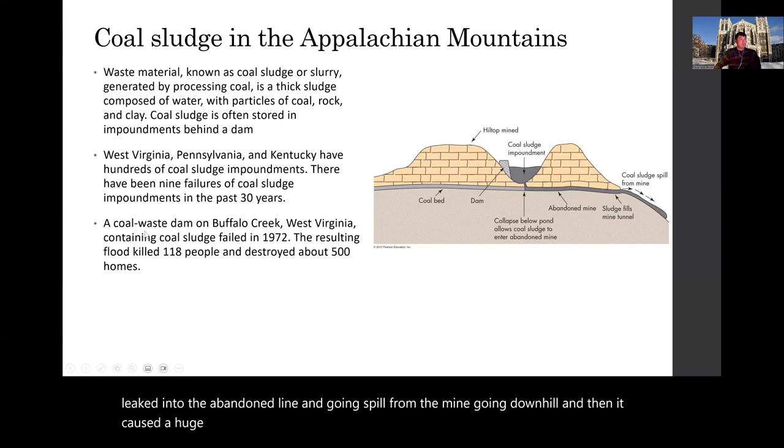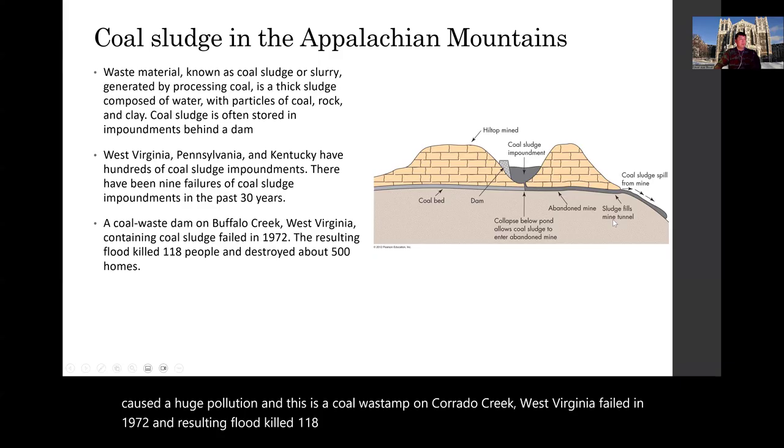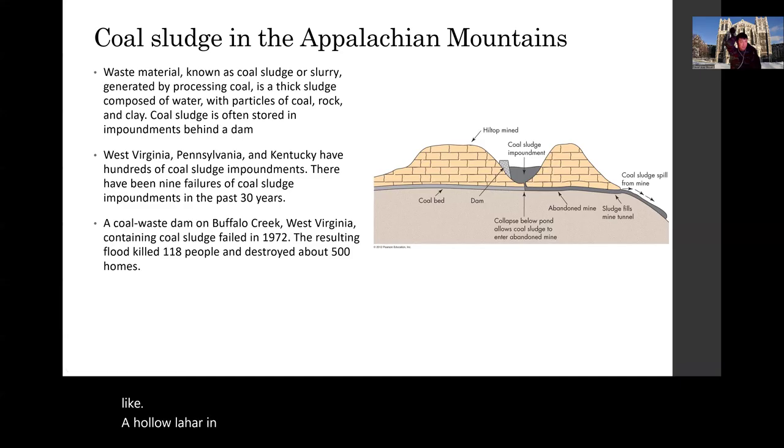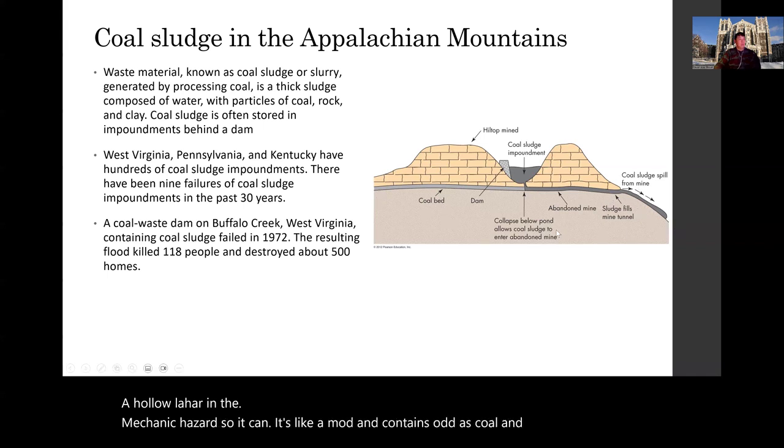This coal waste dam on Buffalo Creek, West Virginia, failed in 1972, and the resulting flood killed 118 people and destroyed about 500 homes. These sludges are like a lahar in volcanic hazards. It's like a mud that contains all this coal, and the downslope flooding can destroy things,